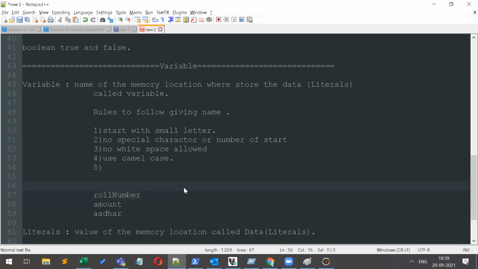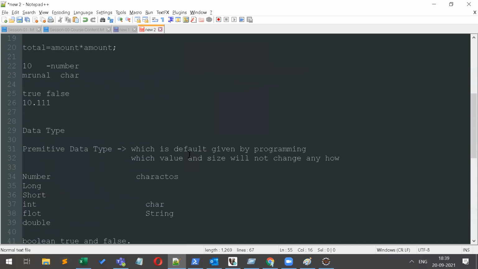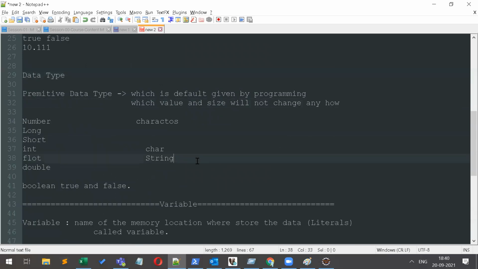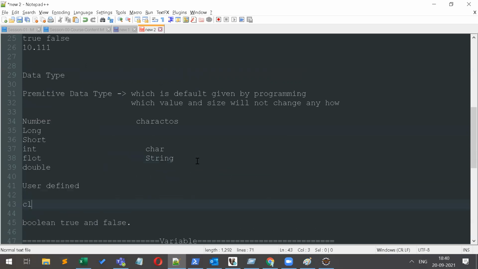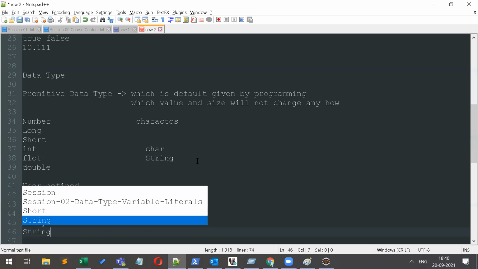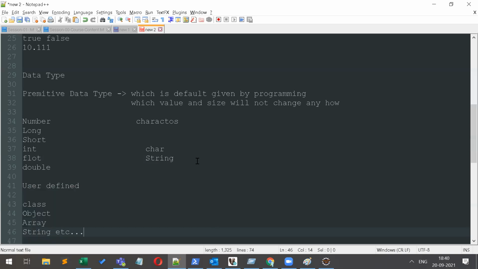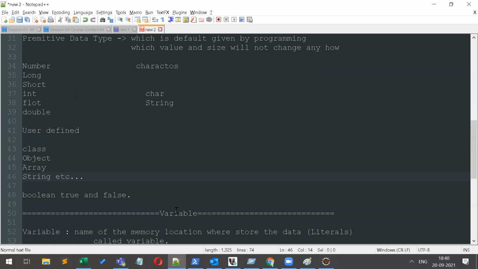So these are the variables and data types. Today we have covered only primitive data types. The other part is user defined data types, which we haven't covered: class, object, array, string, etc. These are your user defined data types.